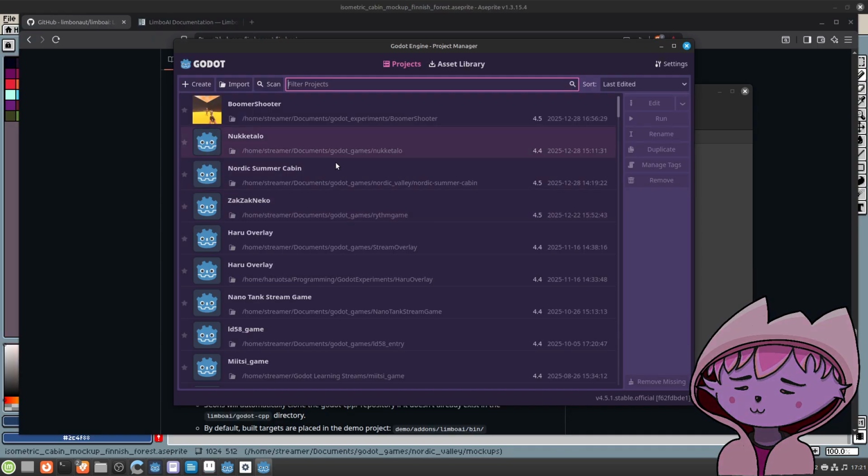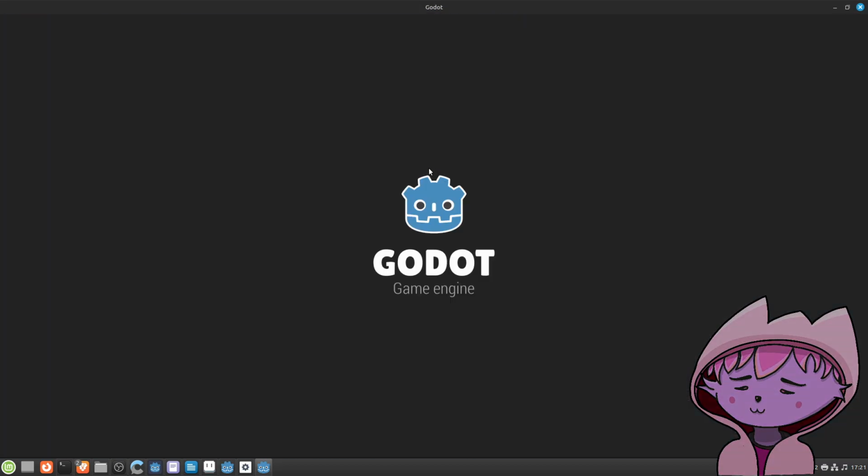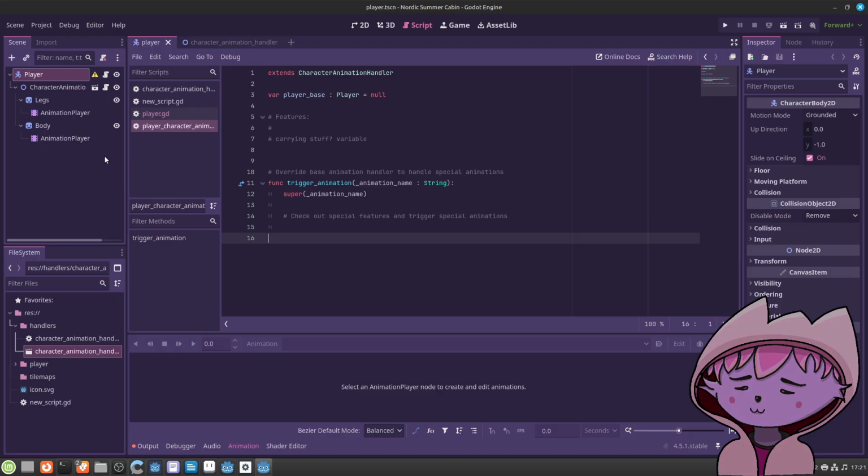I want to have a final look at it. Yeah, just bare bone skeleton stuff. Yeah, animations, player, blah.